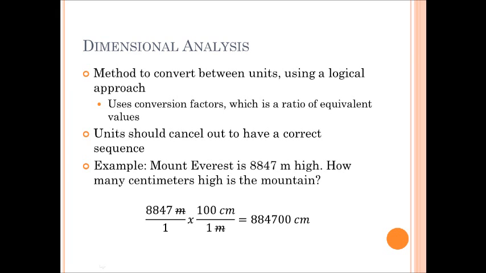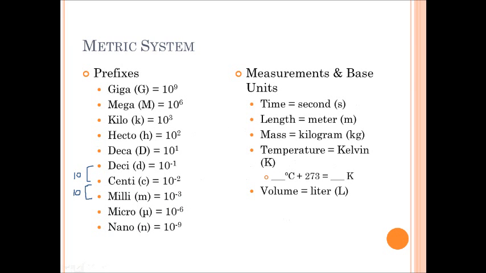So here's an example. Mount Everest is 8,847 meters high. How many centimeters high is the mountain? You start with the value they give you over 1. So in this case, we have 8,847 meters. We know, if we go back a slide, that here is our base, which in this case is meters. We know that centi is 10 to the negative 2nd. Well, like I was talking about, that's 2 below where we want to go to. So we know that 1 meter is 100 centimeters